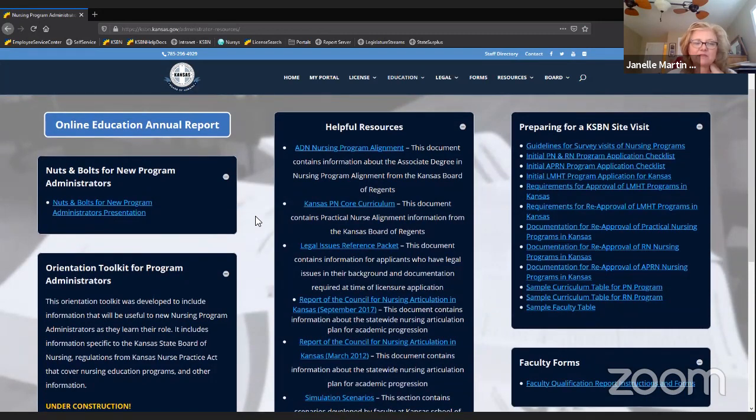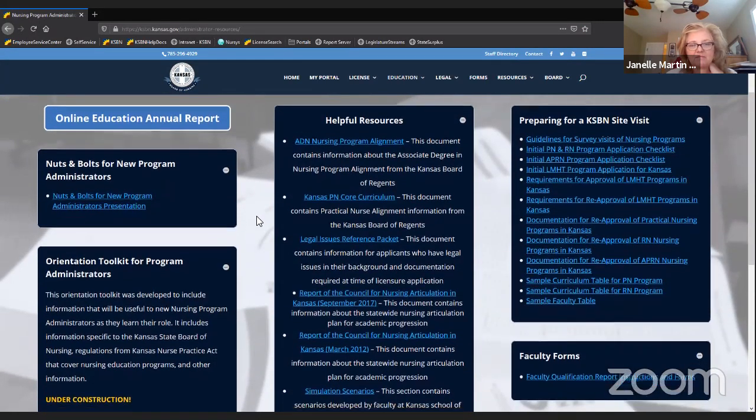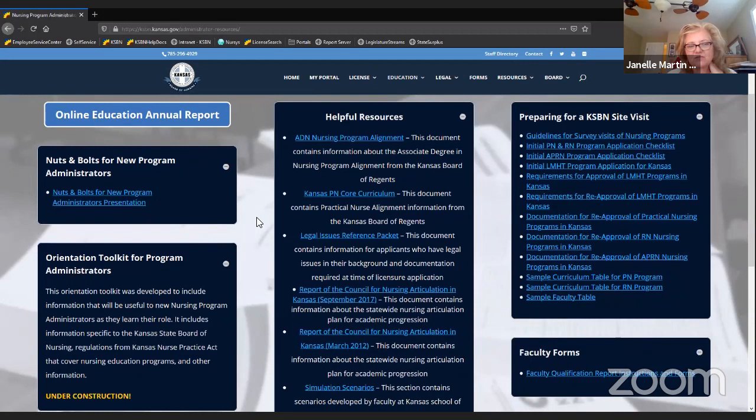I'm working on some different, more kind of how-tos for your toolkits. We have some things coming up with the change in the FQRs that we're going to be talking about, that I'm going to be putting under there, where maybe we'll have a little bit more of a step-by-step, or maybe even a short video, to help walk you through a process that may or may not be confusing to you.